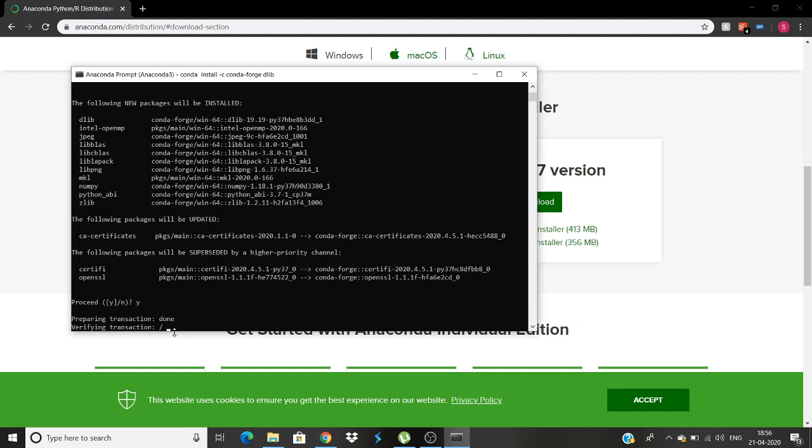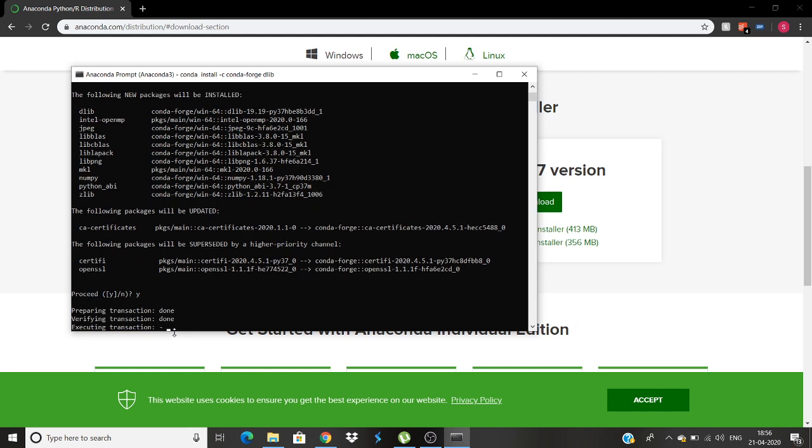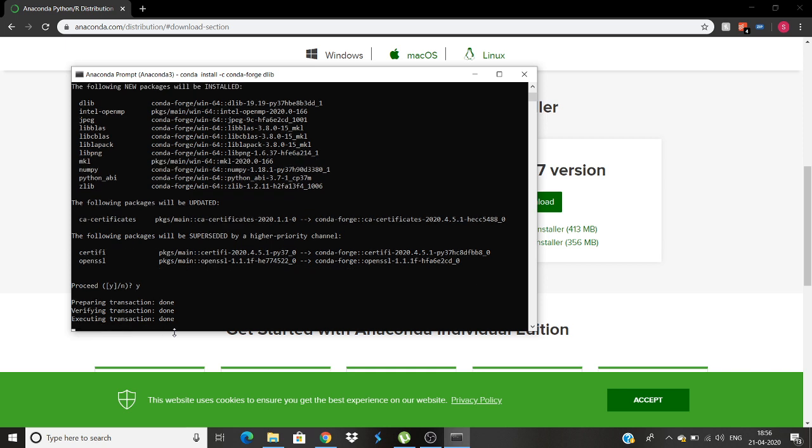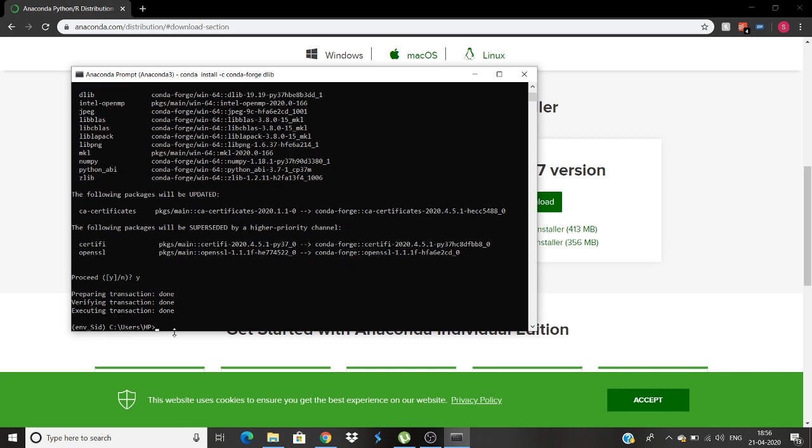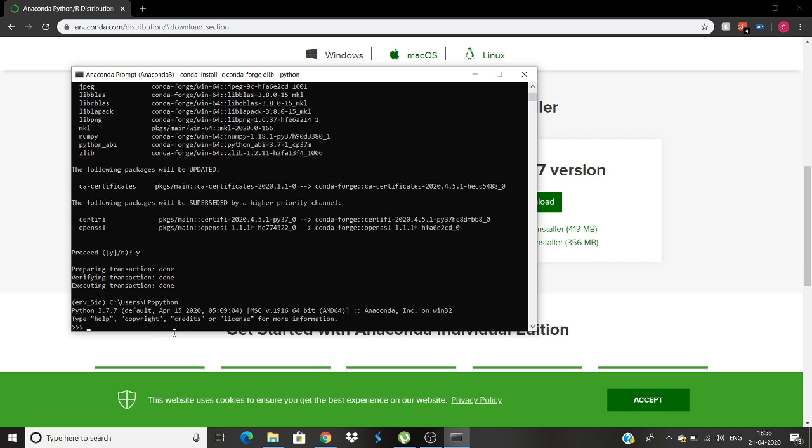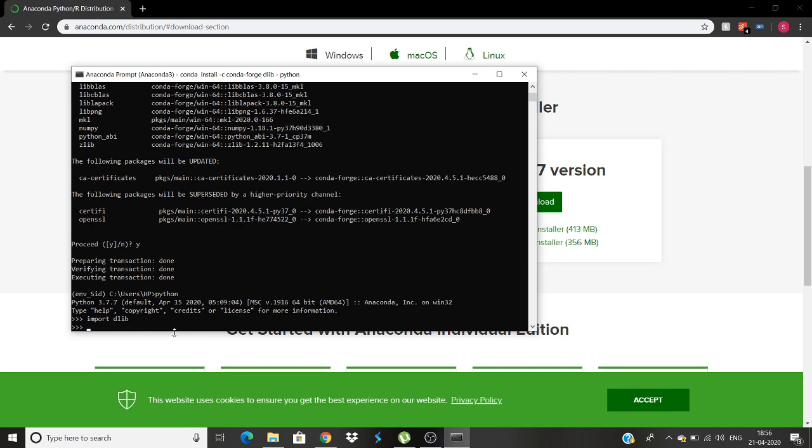We'll just click on Y. You can see on the top the following new packages are being installed, and there is dlib. It will start installing dlib, and yes, dlib has been installed now. If you type python now and run import dlib, you can see that it's working well.